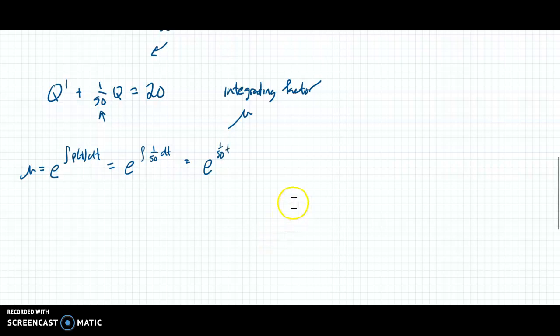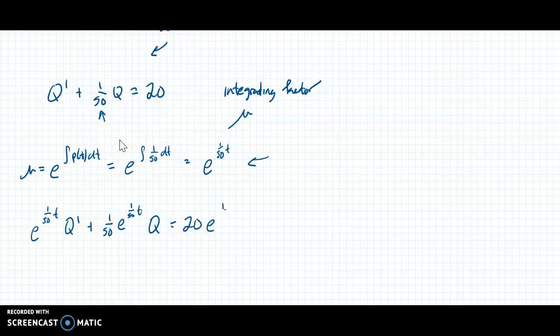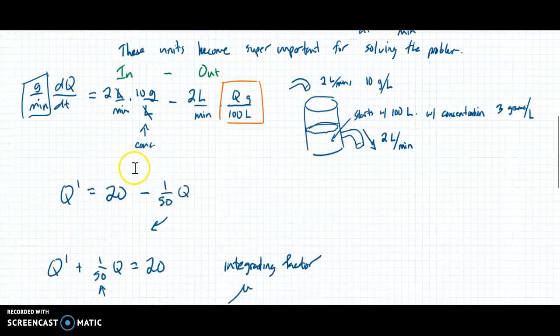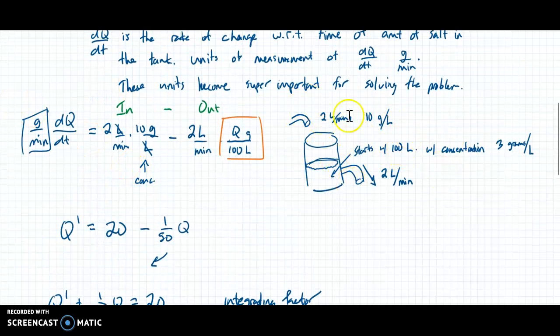I like to work with fractions in here instead of decimals, but it's up to you what you want to do. So now I'm going to multiply everything by this. So I get e^(t/50) Q' plus 1/50 times e^(t/50) times Q. I multiplied this whole side by my mu, so it is equal to 20 e^(t/50). Now, before I go any further, let's look at this and think practically about what is going to happen,